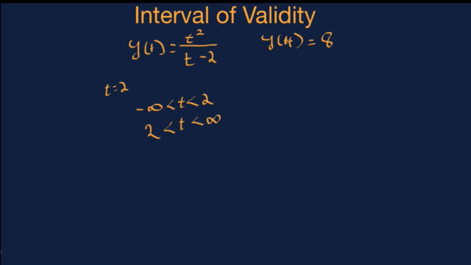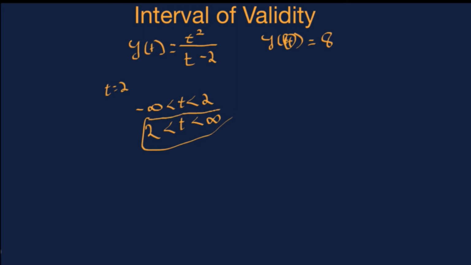But the interval of validity has to contain the input value of the initial condition, which in this case would be 4. And so the interval of validity in this case between the two intervals would be this interval from